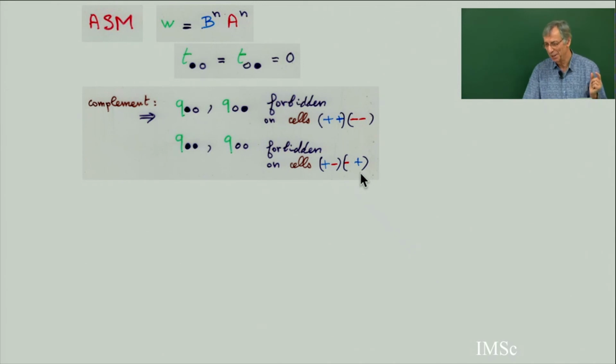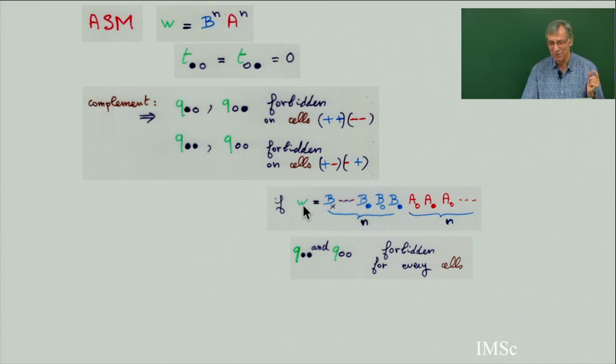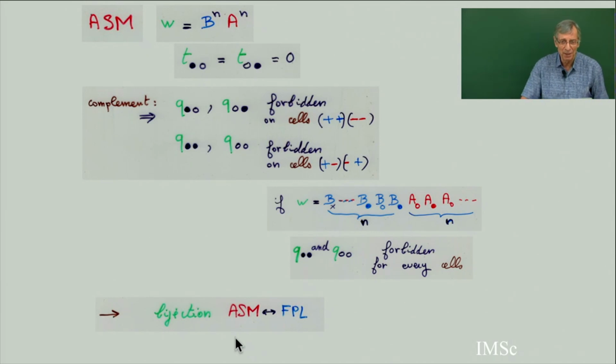So it's complicated. But maybe if you club 4 squares together, this is exactly this. You see, if you change the initial condition, then these 4 conditions become only 1. So this explains why you have to take alternating boundary condition to get the FPL: with this strange condition, which is the translation of the condition for Alternating Sign matrices going to the complement, you can check that these 2 conditions are equivalent to this condition where I have this boundary condition. And so you get back the bijection Alternating Sign matrices FPL.